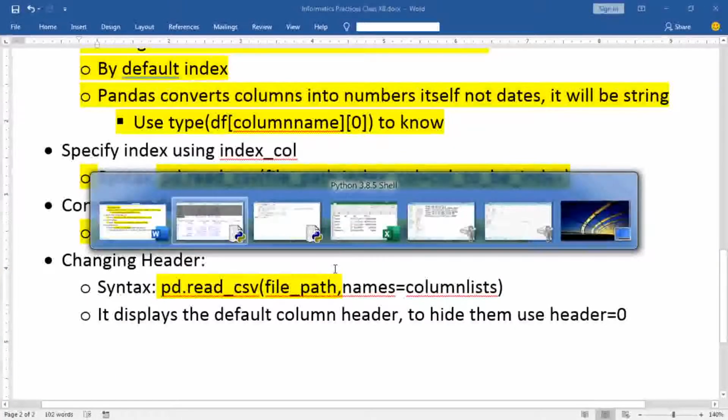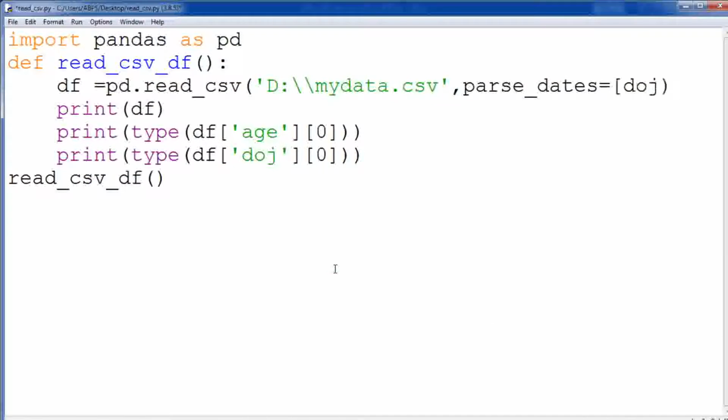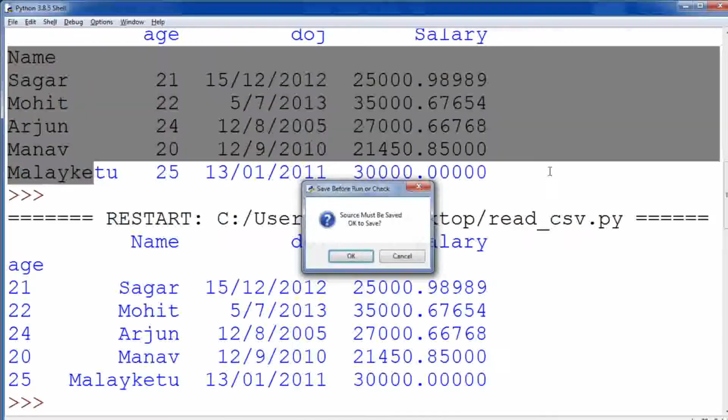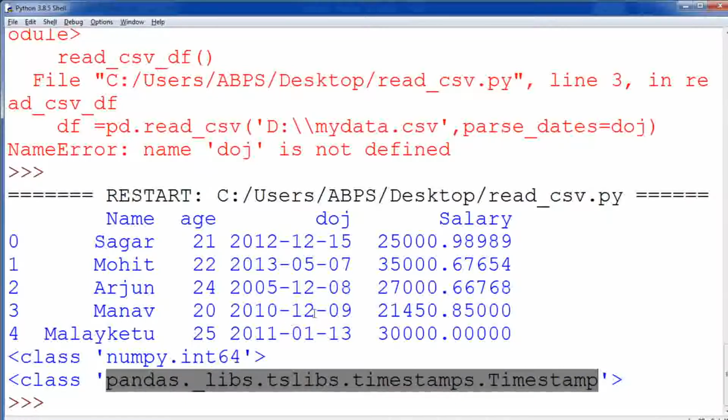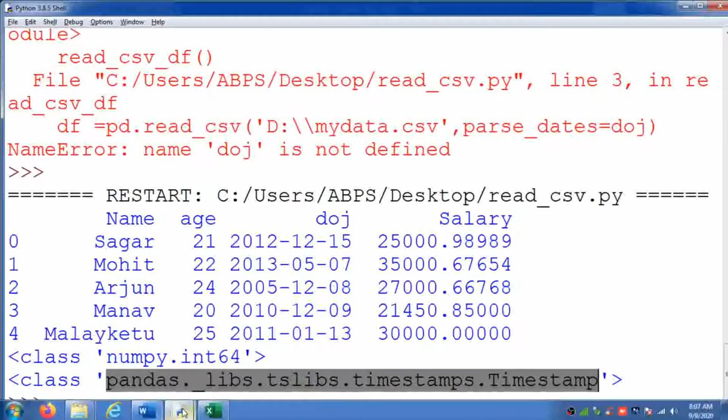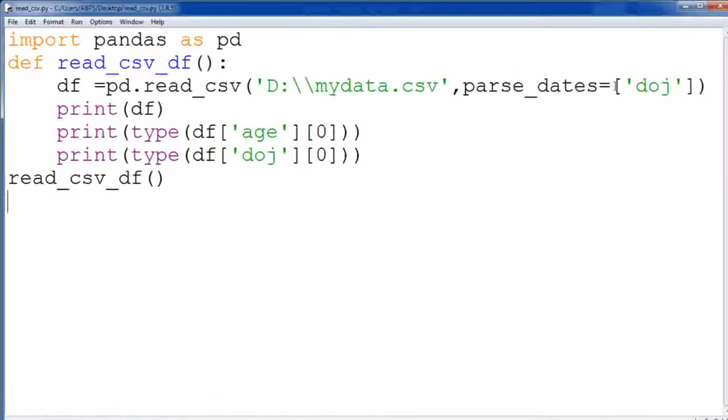Okay, I think we have to provide it in a list, because if multiple columns are there, then what to do? That's why we use these square brackets. Now it is clear, I think. Yes. See, here you can see the data type is changed and it is showing timestamp. So like that you can use this. Whenever you are providing this, use the list. You have to use the column list. That way you can convert the dates.